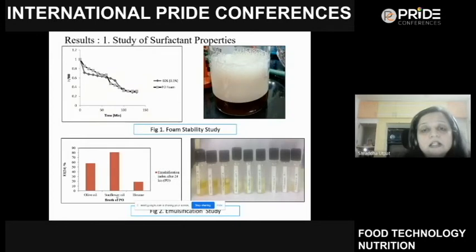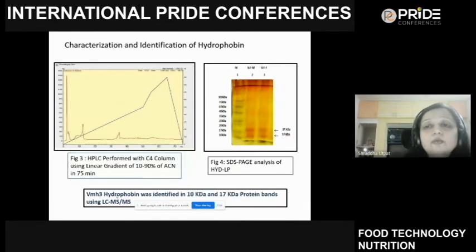By performing these preliminary studies, we went on to characterize the molecular weight of the protein. We performed SDS page, and we found two pure bands of 10 kilodalton and 17 kilodalton on SDS page. The same sample was sent for purification using HPLC, and we got a characteristic peak in between 30 to 40%